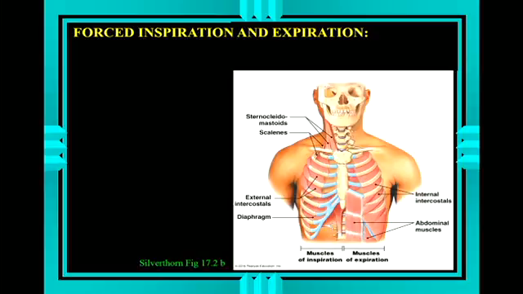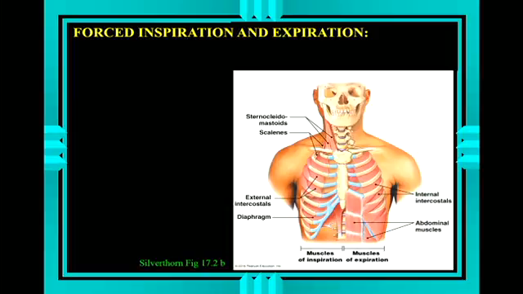So to have a forced expiration, we actually have to recruit some muscles. And so forced expiration becomes active. It needs muscles. Now, which muscles are going to push your diaphragm up really high or compress your rib cage? Well,